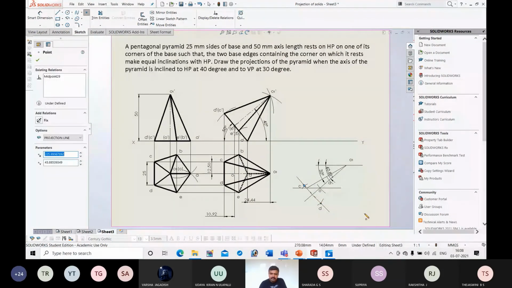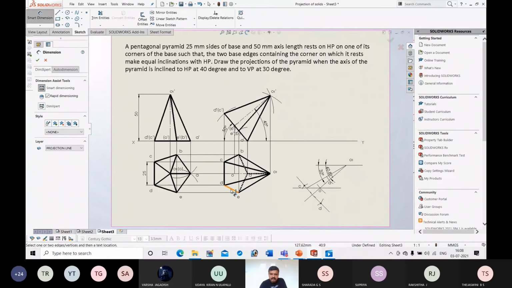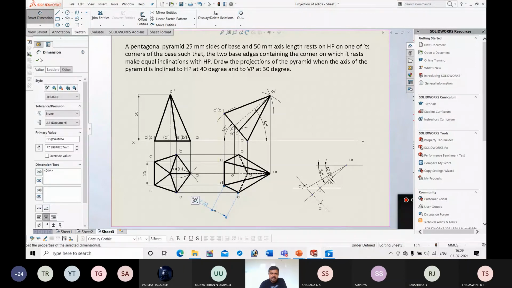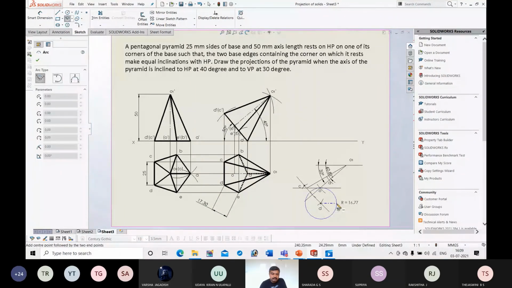Next, after this, now I have C and D and O1. I know C and O1, I can get B. Here also I know D and O1, I can get E. So first I will measure the radial distance between D and E. You take radial distance between D and E using compass. Then draw an arc. So D as center and D to E as radius, I will draw an arc.